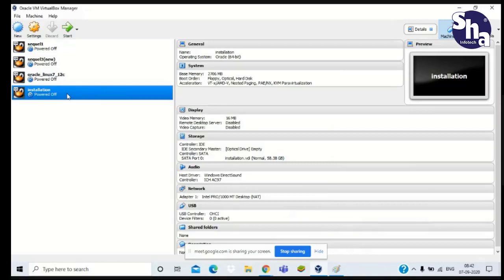Now we have to start this machine, because our first step, the installation, is completed. Now we come to our second step, that is OS installation. We have provided the information that we will start with Oracle Linux, so we have to download Oracle Linux software, not Red Hat. That is the type of OS we assigned here in the machine.